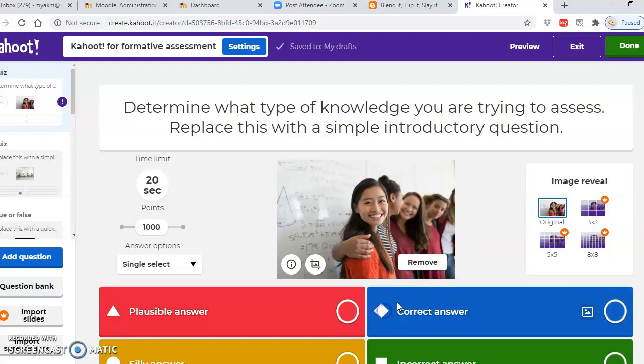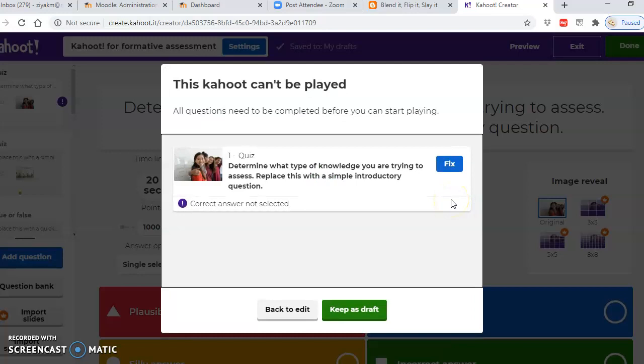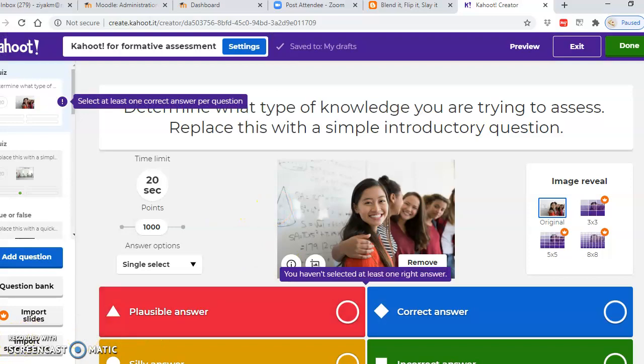Now, even if you have nothing, and you are only using a PowerPoint to deliver a live class using Zoom or Microsoft Teams or Google Meet or WebEx or whatever you use, you can still use these tools as part of your assessment while you are delivering a lecture, the way I just shared it with you. It's good for students because they are playing, they're competing with each other. So there's a little gaming element.